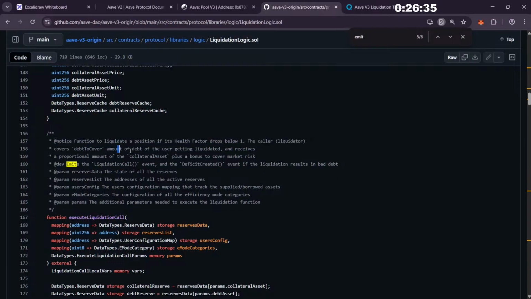Notice a function to liquidate a position if its health factor drops below 1. The liquidator covers the debt, covering the amount of debt of the user getting liquidated, and receives a proportional amount of the collateral asset plus a bonus to cover market risk. Okay, we know it emits a liquidation call event and a deficit created